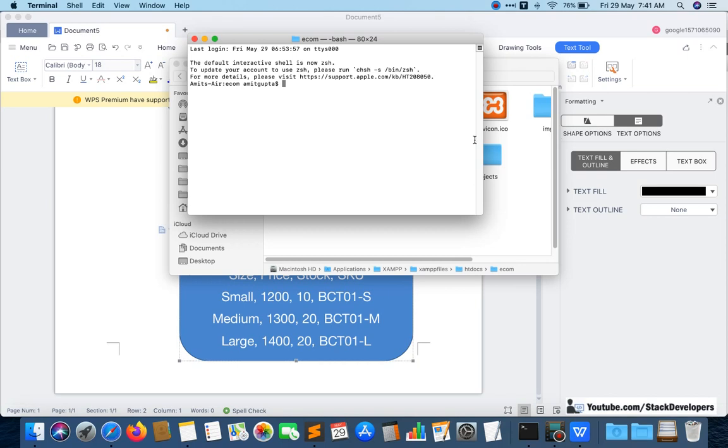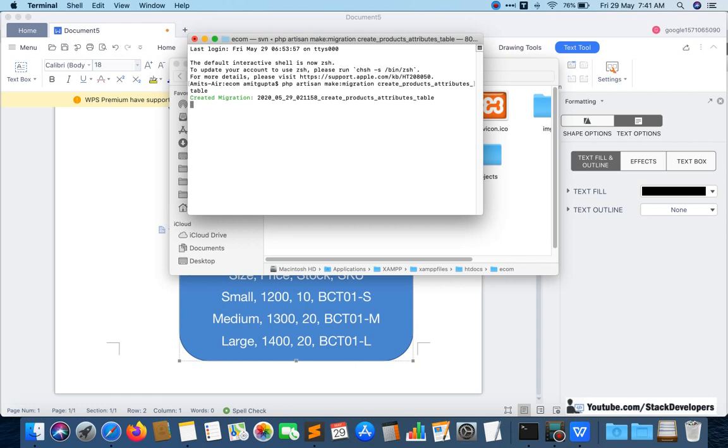So I will create the migration file: php artisan make:migration create_products_attributes_table.